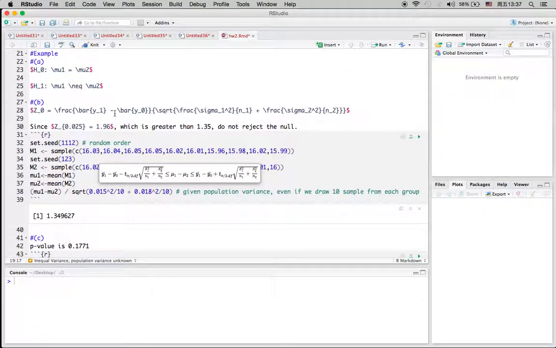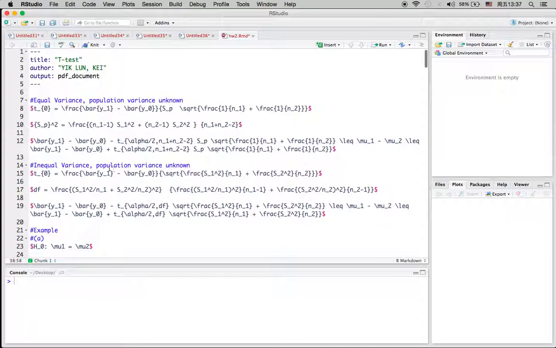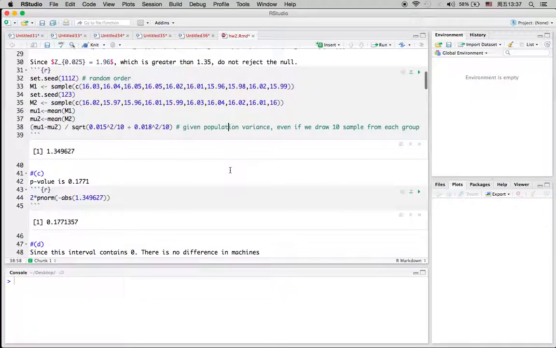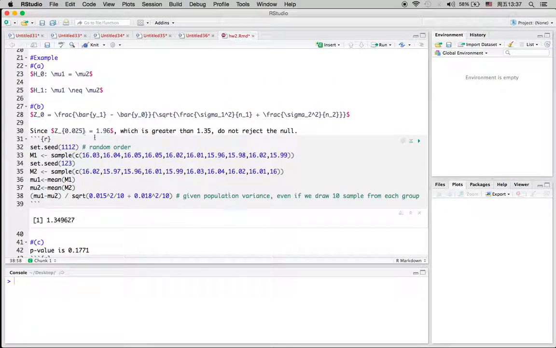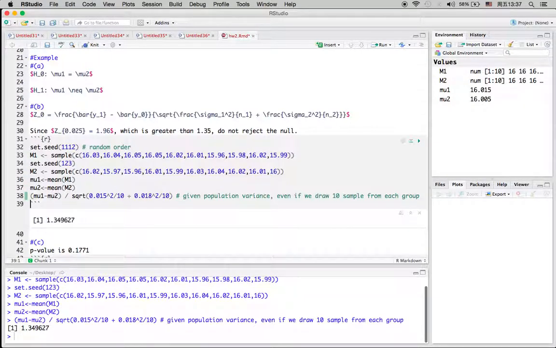So here in our first example, since we are given the population variance, which means the population variance is not unknown, we are able to use the z-score for our analysis. First of all, we're going to draw a random sample from the population, and then we apply the formula. We can see that the z-score for our sample is 1.34, but the z-score for the rejection region